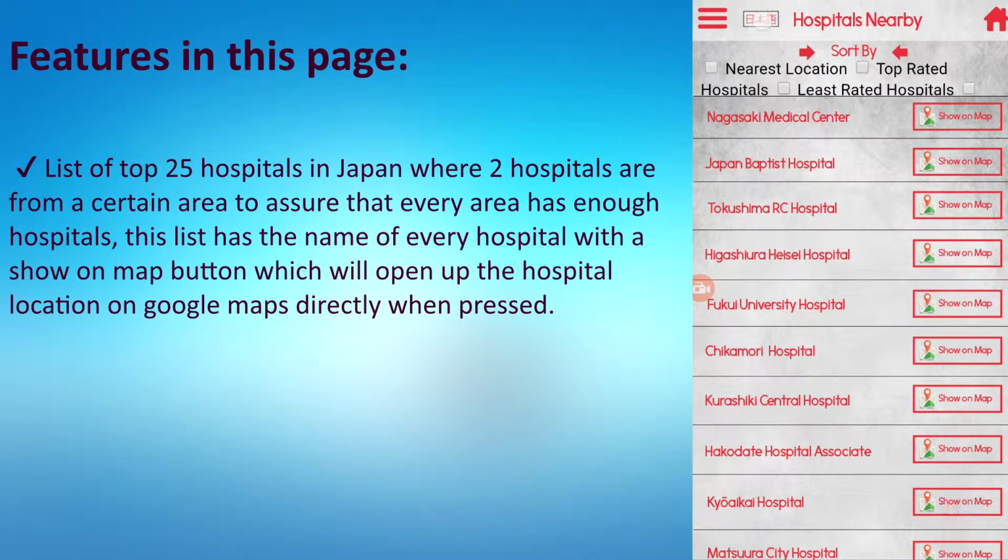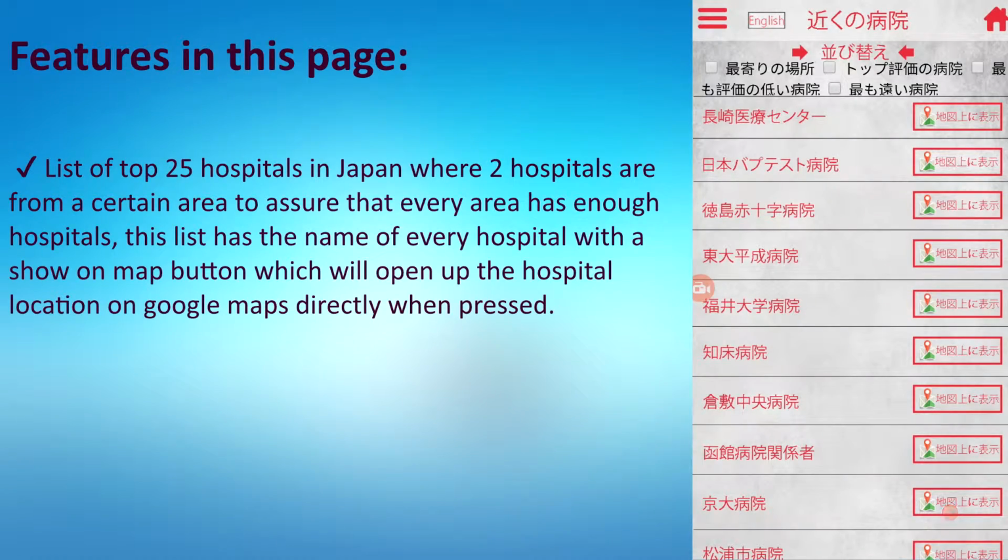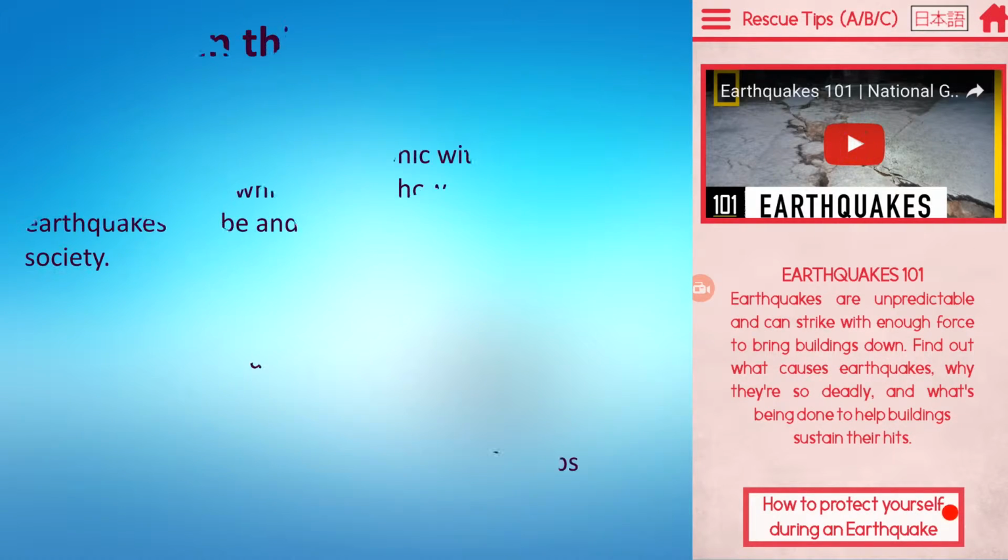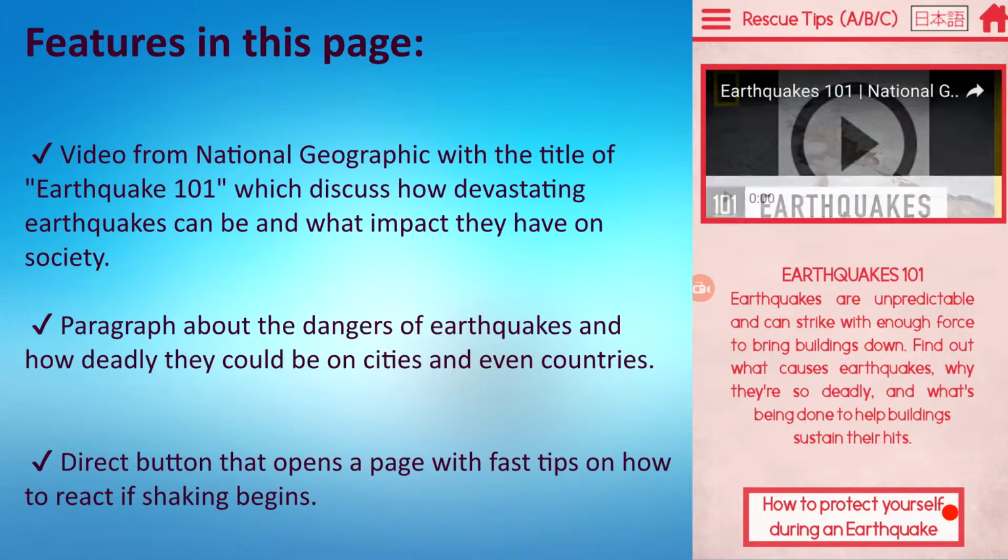And we have the switch language button, which is gonna set everything to Japanese in addition to the sort by feature. So the next page is the rescue plans ABC page, which contains a video from National Geographic, which